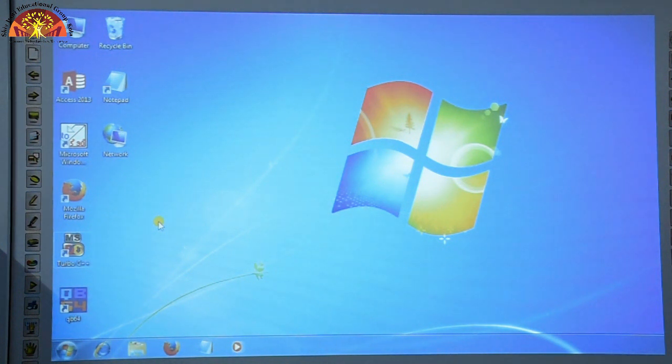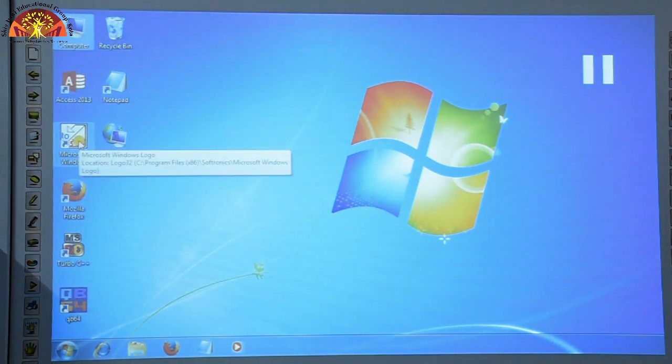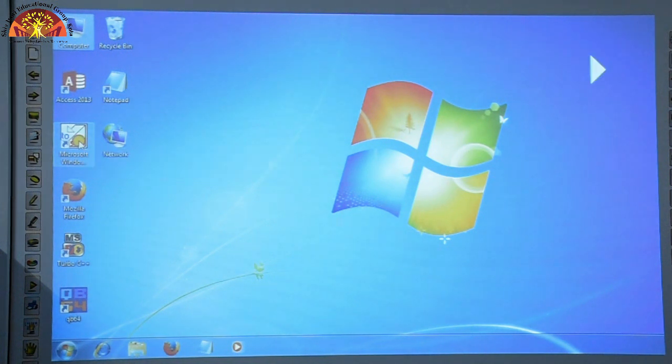Now we will see our next topic, which is selecting non-adjacent icons on the desktop screen. Again, you have to click on the first icon on the desktop screen. Now we have to press the Control key on the keyboard and click on any icon. Here I have left icon number 2 and clicked on icon 3. Next, I have clicked icon number 4.